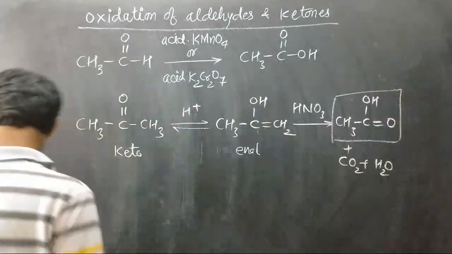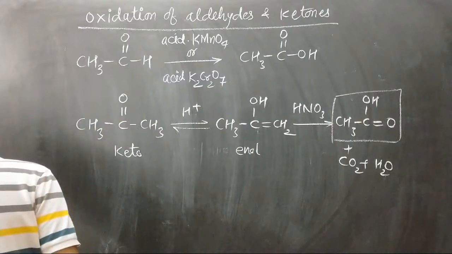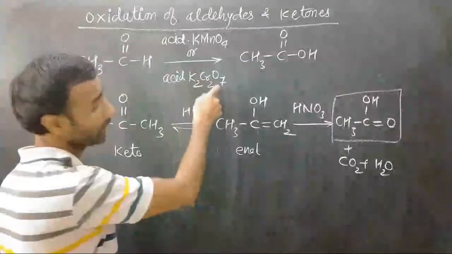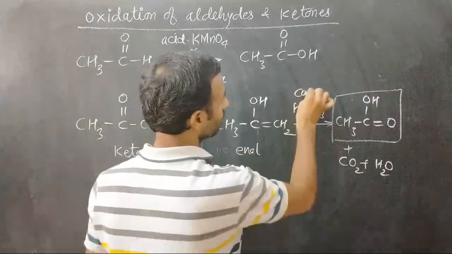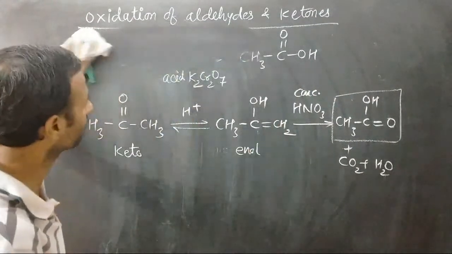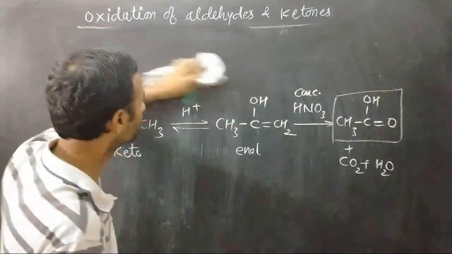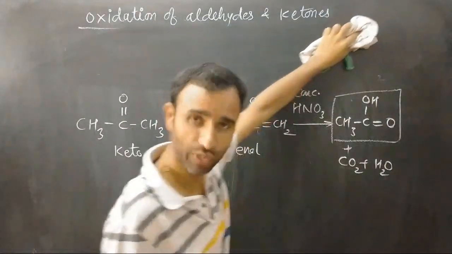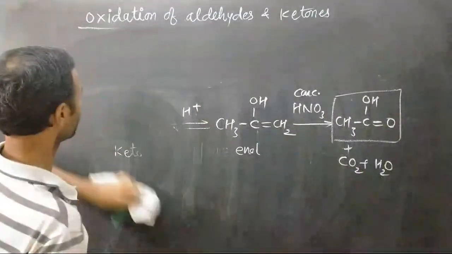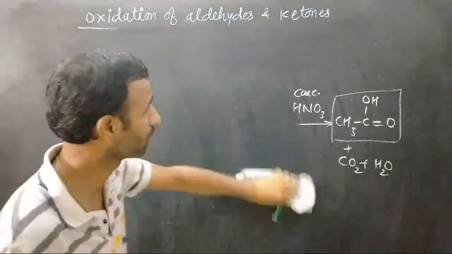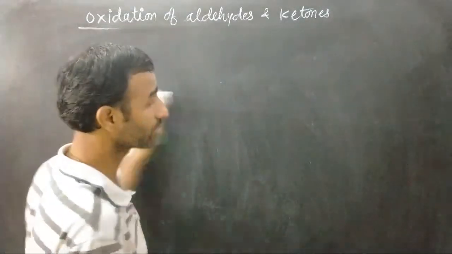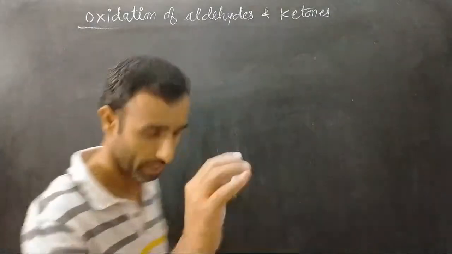Yes. So the main oxidizing agents are acidified KMnO4, acidified potassium dichromate, or concentrated HNO3. So aldehydes can be easily converted into carboxylic acid, but ketones are oxidized with difficulty because there is a breaking of carbon-carbon bond. Okay, and we use concentrated HNO3 most of the time, and the oxidation goes through enol formation. Tautomerism takes place first, right? Okay, now